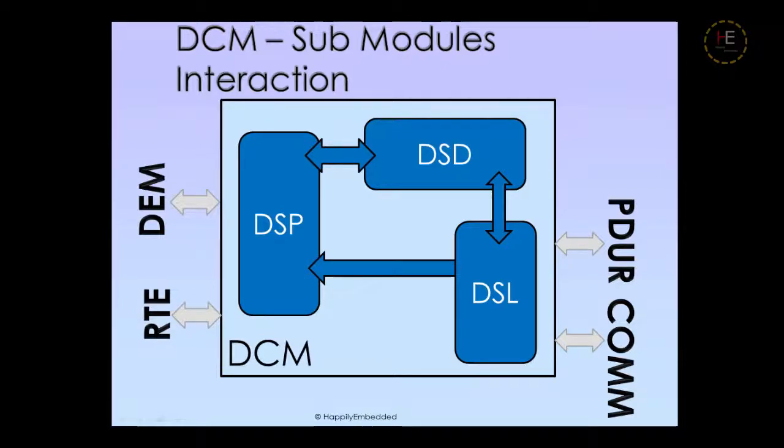The next one is software components and RTE. When the tester requests some data through a diagnostic request, we collect the required data from the application components which is required for the tester. The last one is BSWM. The DCM performs mode requests to BSWM based on received diagnostic requests from the tester. So these are the dependent modules of DCM.